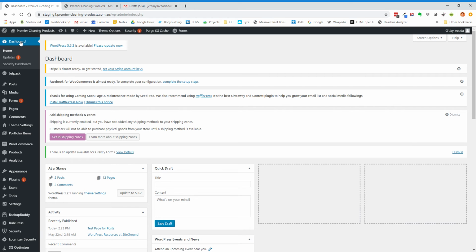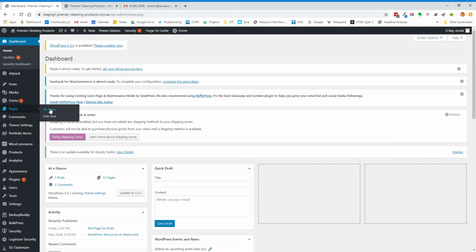Okay, so in this video we'll cover posts and pages. Posts and pages are essentially the same thing. The only difference being that posts are articles that appear on your news or blog page, and the difference that makes is that they can be categorized and they are automatically indexed against those categories. Pages are just your meat and potatoes website page, and because they're a little bit simpler, we're going to start